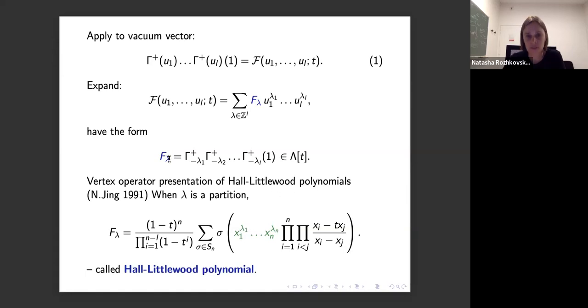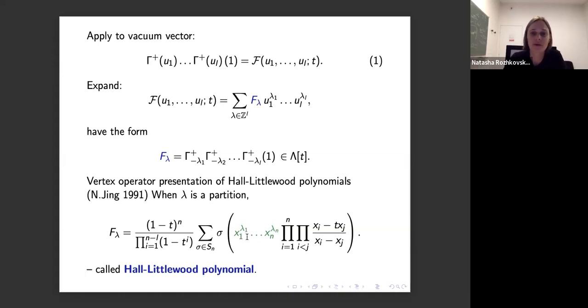So the statement is that if we compute the result of application of these operators when lambda is a partition, then we can compute it as a symmetric polynomial given by this formula. When lambda is not a partition, but some integer vector, you see here we have some integer vectors, it's going to be something else. So this formula works only for,